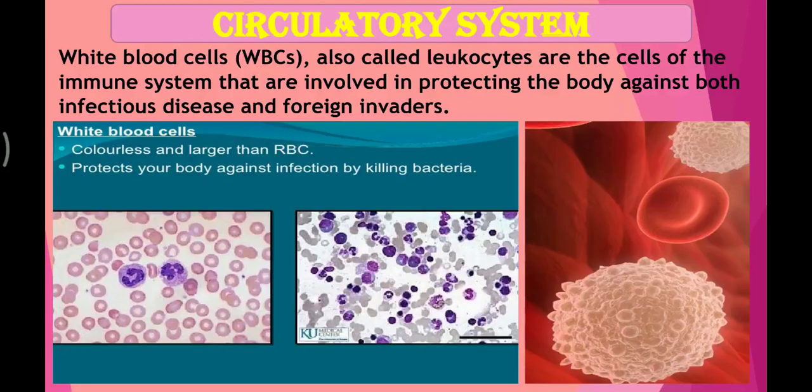Now let us study about white blood cells, that is WBC, also called leukocytes, the cells of the immune system. They are called the soldiers of our body. They are for immunity. You know, nowadays almost every day we see advertisements, people talking about improving your immunity, your immune system. You eat this, you drink that, you eat good food, vegetables, fruits and all those things. Drink some kashaya so that you can improve your immunity.